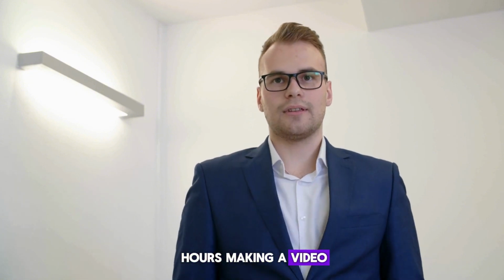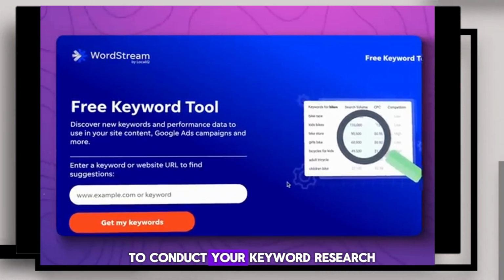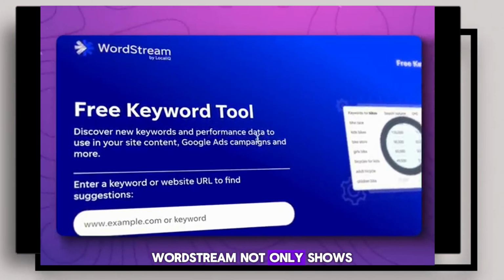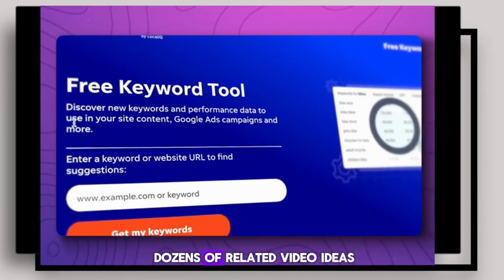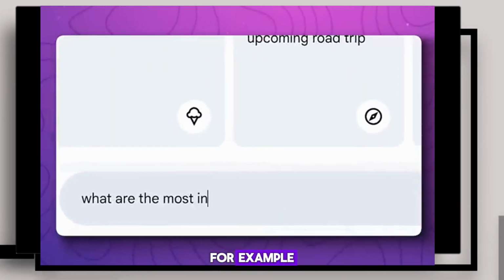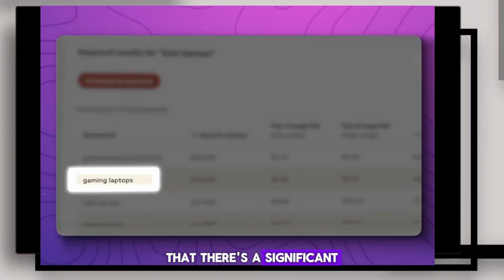Before creating a video, you need to make sure there's an audience for it. You don't want to spend hours making a video only to have no one watch it. I recommend using a tool like WordStream to conduct your keyword research. WordStream not only shows you how many people are searching for specific terms, but it also provides dozens of related video ideas. For example, after researching the broad category of laptops, I discovered that there's a significant amount of interest